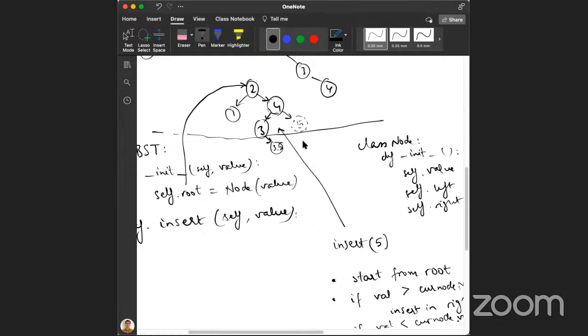Sir, while performing such operations, how do we ensure that the tree is balanced? Yeah, that's a good question. How do we ensure that the tree is balanced? The answer is, balancing the tree itself is a problem. Means you have to run a separate